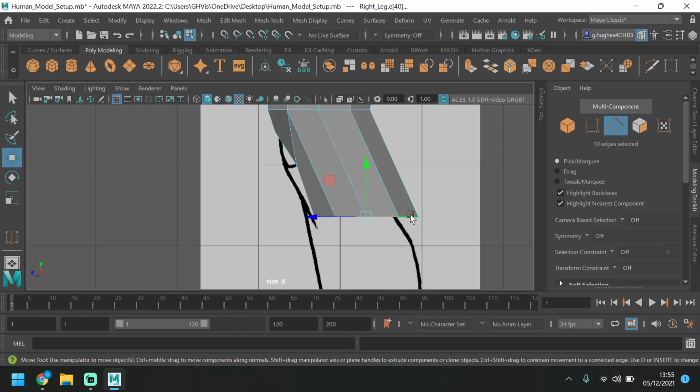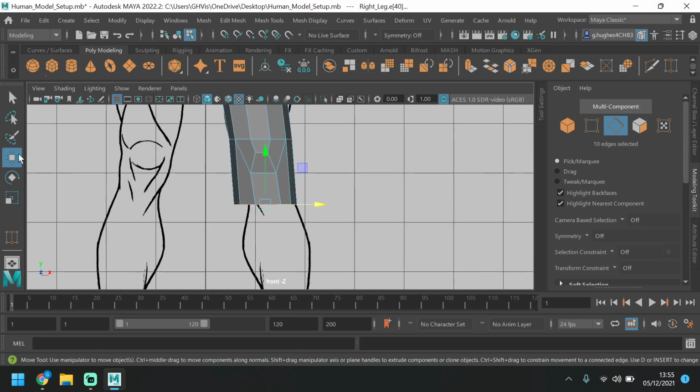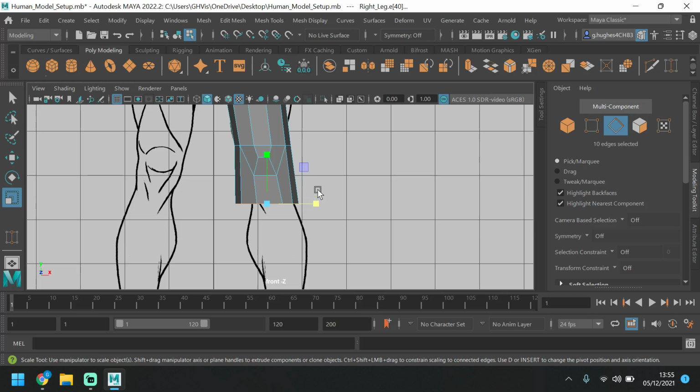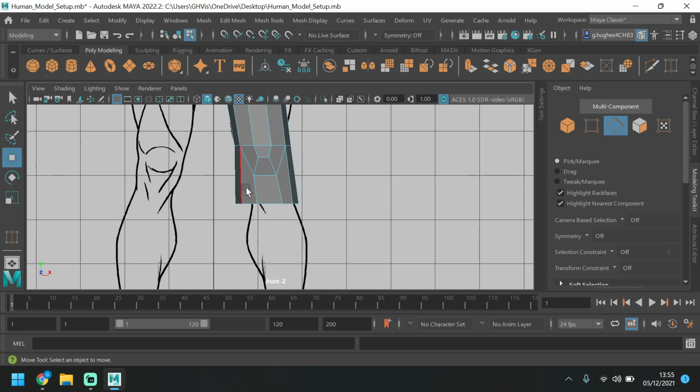The thickness of this is pretty good, but it's probably a little bit wide. Maybe needs to go a little bit thicker. Sorry, thinner. A little bit thicker actually, because it kind of pops out a little bit here and then it goes back in. So next what we're going to do is, with those edges at the bottom selected,